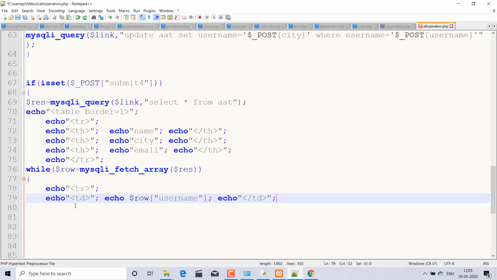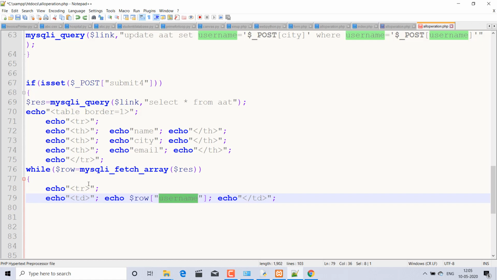And after that I am starting the while loop, echo tr, td, and here the keyword, ultimately what is this? It is the array, it is a 1D array, yes or no? And this is the key, the username is the key. So it means all values are stored in the database in array format.